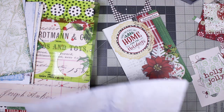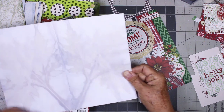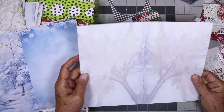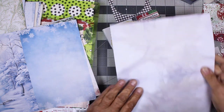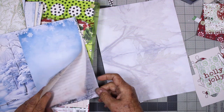Okay, I printed some more pages. First I printed one of my eco prints so that I won't have the bulk and the sponginess like I mentioned earlier. And then this is a tea dyed on the back. It's very subtle. And then the ones that I printed out from Etsy,